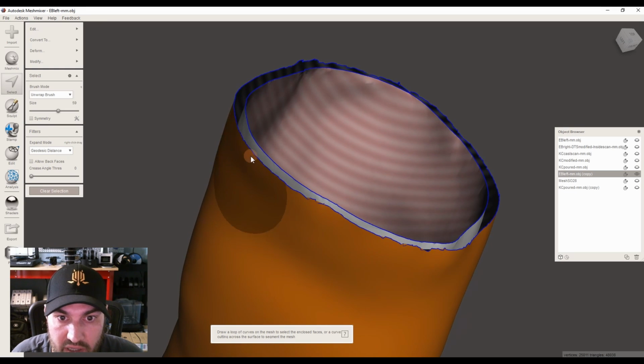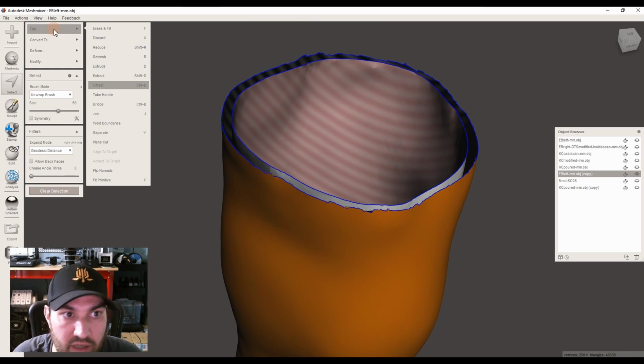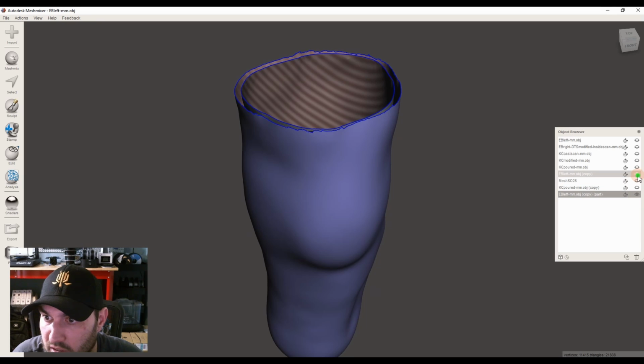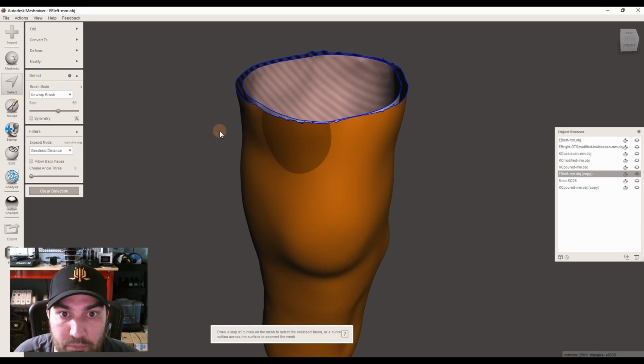And you can see when we hit accept, it just takes that outer and it doesn't select the inner. So we can go edit, separate, and that would give us two separate shells, an inner and an outer. So backing up,